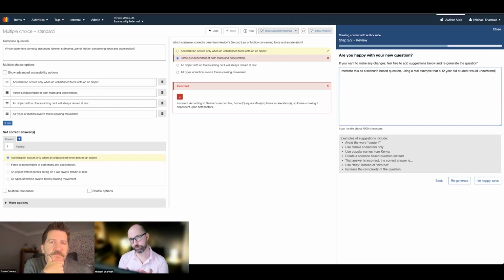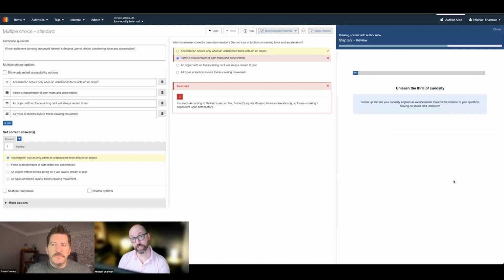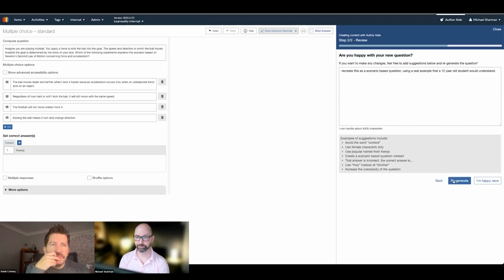Okay, so I've put in my refinement instructions. Again, if you're familiar, if you've ever used or seen demos with ChatGPT, this is a style of interface. We want you to tell us, what do you want to do to refine this question? Then we regenerate. We take the question that was already generated, and we're going to add the refinement instructions to it. Again, in a matter of seconds, we're going to get a new question generated based on the original one using the refinement criteria that you mentioned.